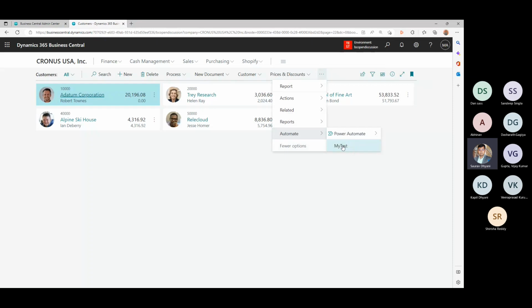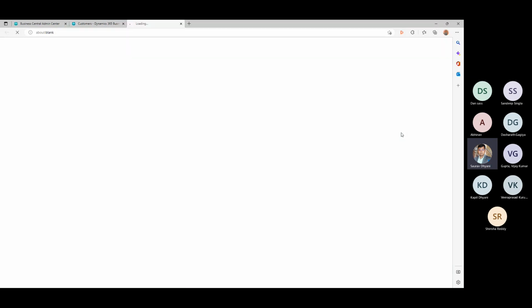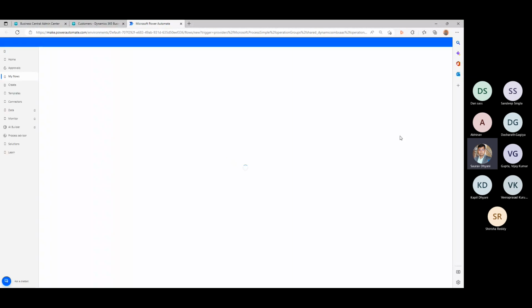where I was doing some testing. So I have one flow here, but you can always create a flow, or if you already have some flow defined, you can manage them here. So let's try to create a flow from here. As soon as you do that, it'll automatically take you to your Power Automate window, which will then allow you to do certain stuff.